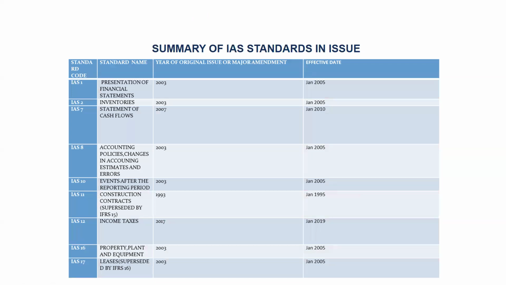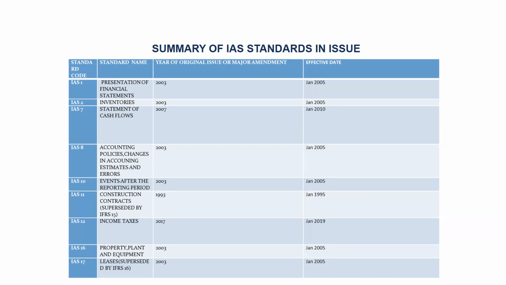We have IAS 1, presentation of financial statements, which was issued in 2003 and was effective from January 2005. The standard provides guidance on how to present financial statements. It's the one that talks about the minimum contents of each of the 5